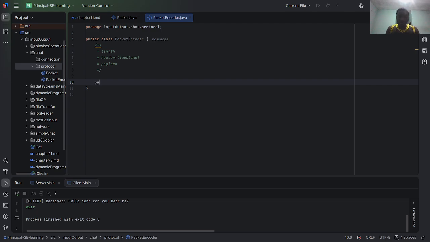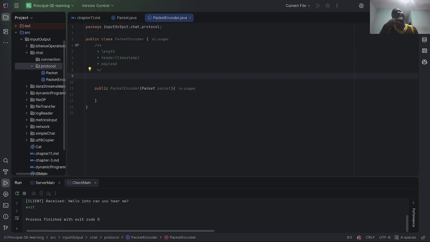And so we're going to have a public constructor, which is going to be packet encoder, right? And this is going to just take a packet. And then within the constructor, it is going to perform the encoding task, because you just want to pass it and it gets encoded. But then where do you save the data that has been encoded? And so you could simply just have